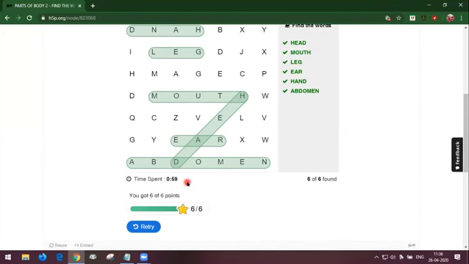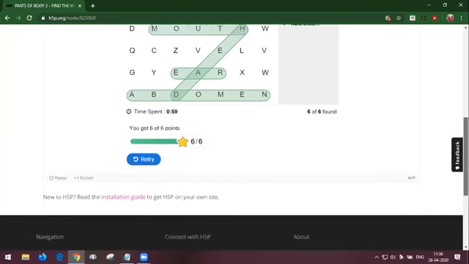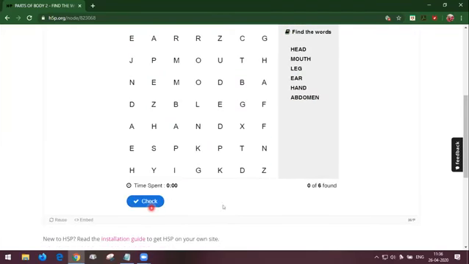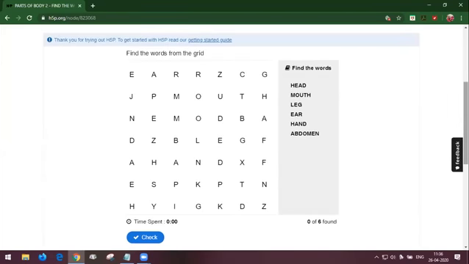The time I have spent here is 1 minute. If the children need to try it again, you can give retry here. On giving retry, you can see that the word grid is shuffled and the words are also shuffled. Now we had abdomen at the bottom of the grid.